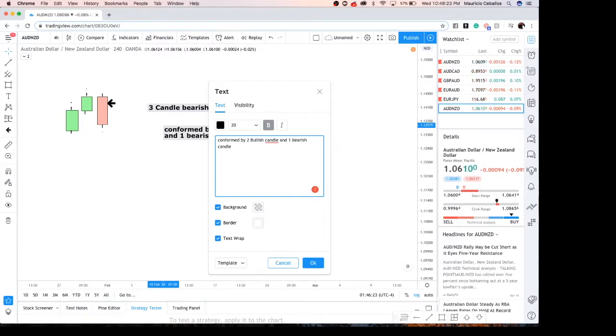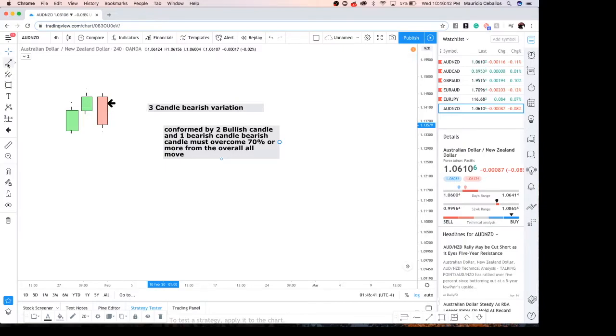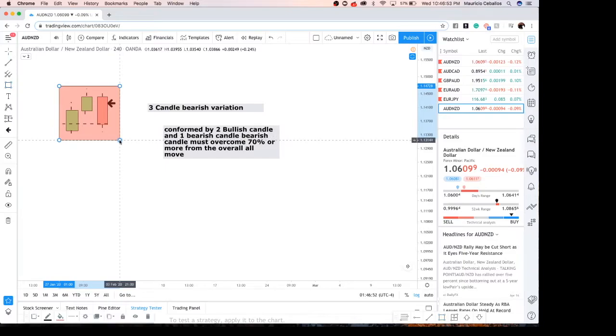Now the bearish candle must overcome 70% or more from the overall move. Okay, so it must conform. It must take over 70% or more from the overall move. So as you can see, this candle right here is taking over more than 70% of this overall move. Now what is that overall move? This whole movement right here. Okay, so this bearish candle is overcoming 70% or more from the overall move, and that is the 3 candle